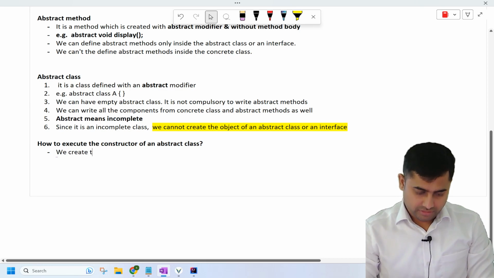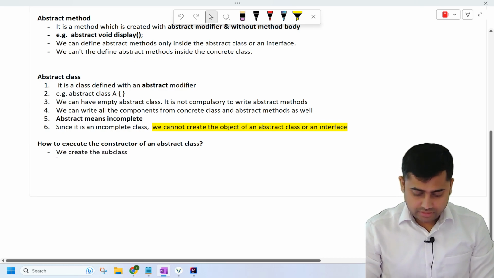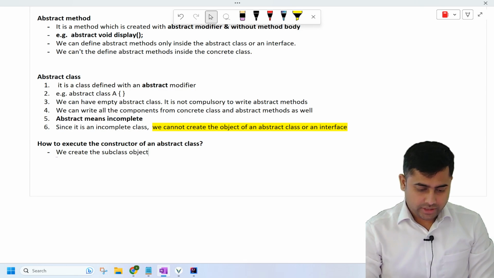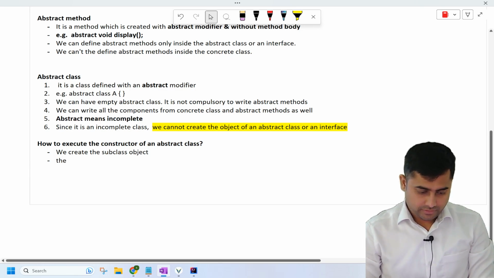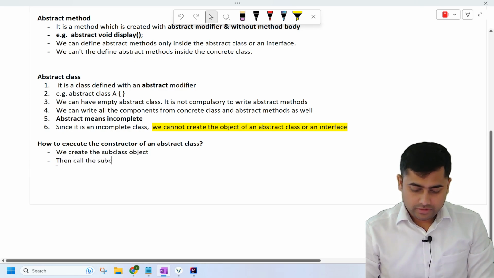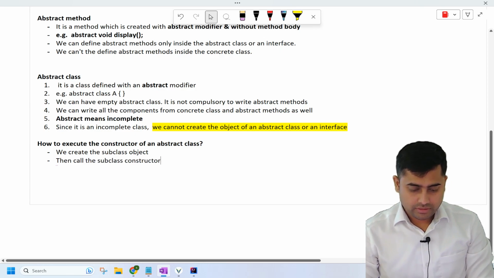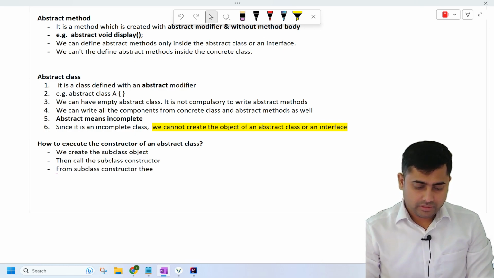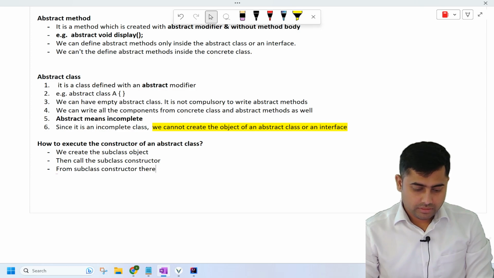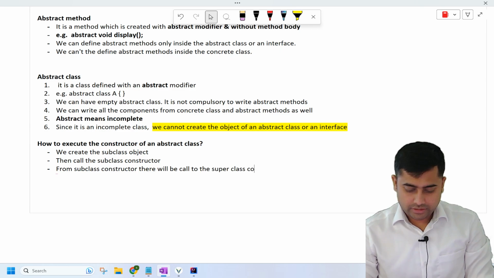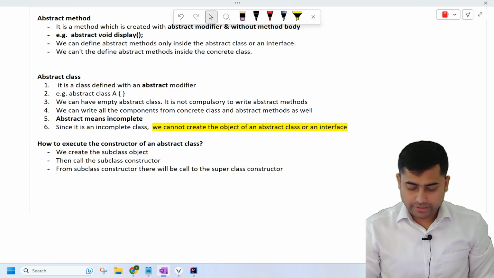So we create the subclass object, then call the subclass constructor. From the subclass constructor there will be a call to the superclass constructor. ठीक है।